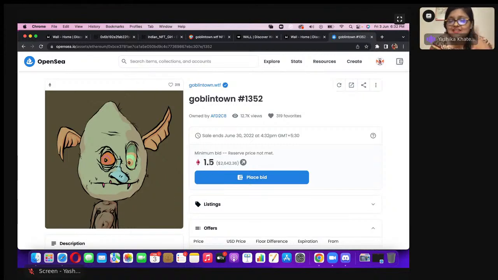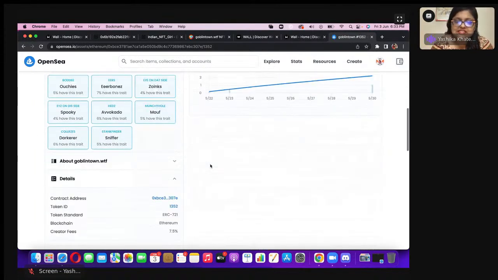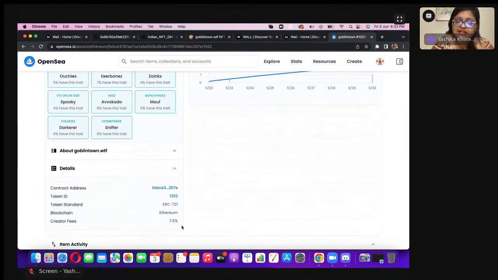Now when I am selling this for 1.5 ether, I'm not going to get the entire 1.5 ether in my account. Why? Because 2.5% will go off as OpenSea fees. That's the platform fees that OpenSea will take. There'll be some gas fees involved, which will also go off. And then there will be a creator fee, which means that now the Goblin Town creators will get 7.5%,